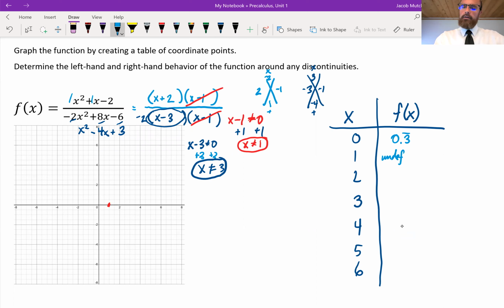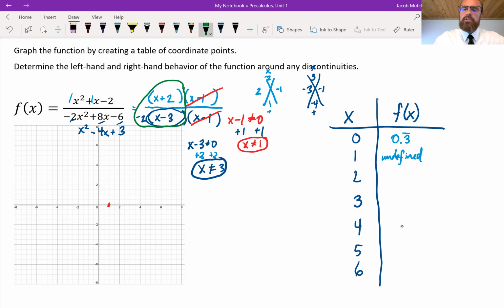Now, what I need to do here, because what we're going to have to do in a moment is say, what's the behavior of the function as it gets close to 1? I'm going to use, let me outline it here in green, the parts of the function that I did not cancel. And I'm going to plug in 1 there. So to find the value of the function as it gets close to that undefined one, I'm just going to plug in 1